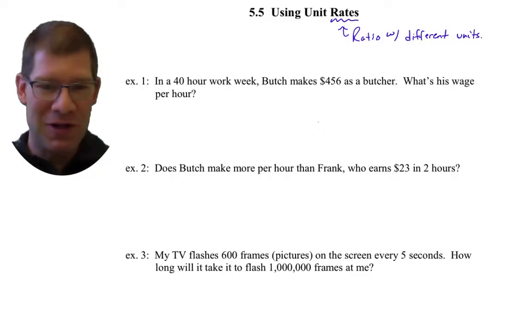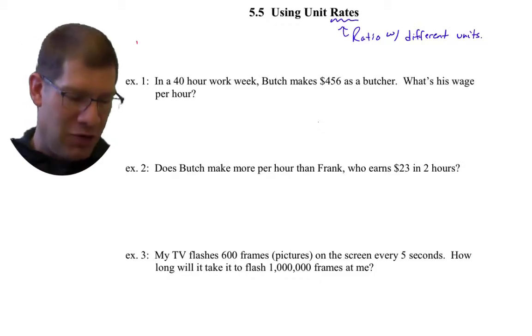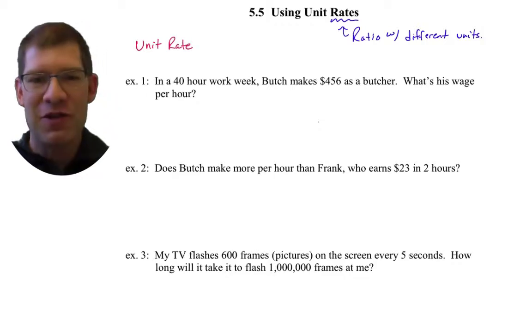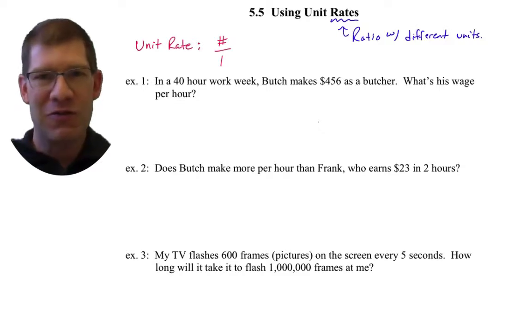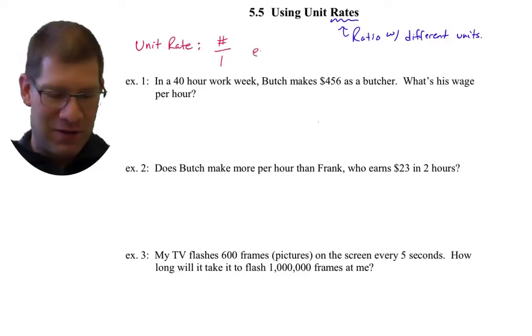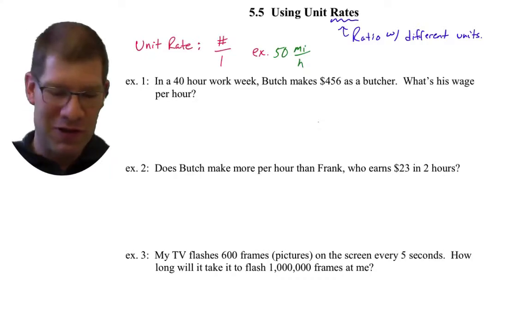So if we go through and do some of these, the unit rate though is new. So I'm going to put that down in red. And a unit rate, so I think it's new. So we have to have the units that are different. That's what makes it a rate. But the unit rate then is going to be a number that's divided by 1. So for example, say it's like 50 miles per hour. That 50 is like the unit rate because essentially what we're doing is we're saying it's 50 miles divided by